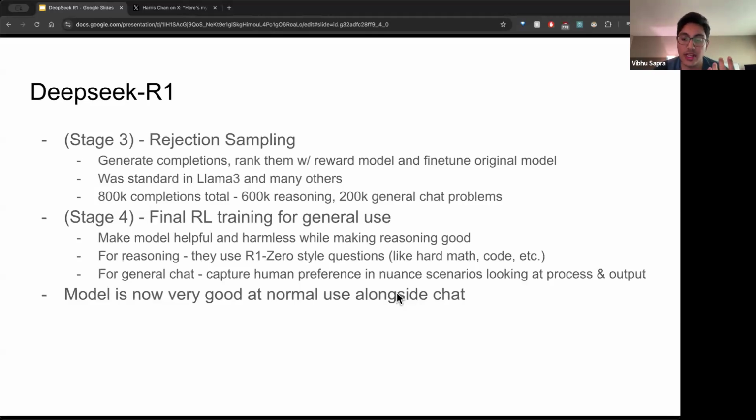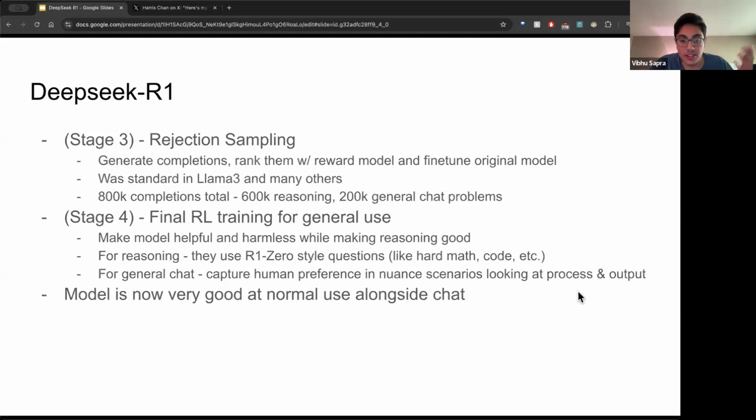So nuanced scenarios, we want it to still give a good output, but now we want it to give a summary at the end. Don't just give an answer, give a summary. So this is that last step. This is what makes DeepSeek R1 instead of just a reasoning model. You got to do some rejection sampling. You got to kickstart the thing so it doesn't go crazy with SFT. And you got to do this last stage of some RL for general use.